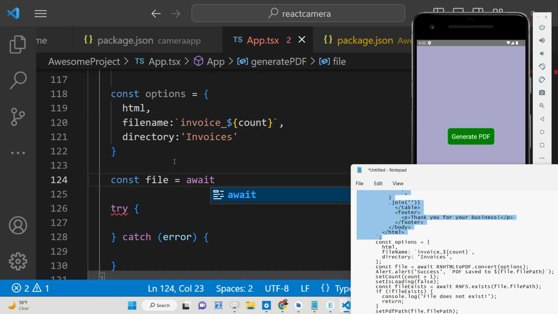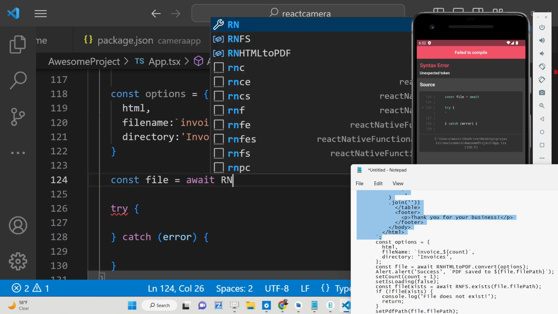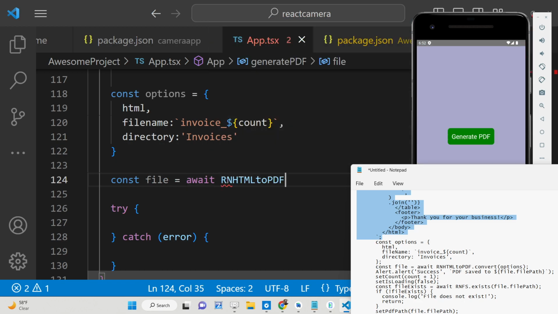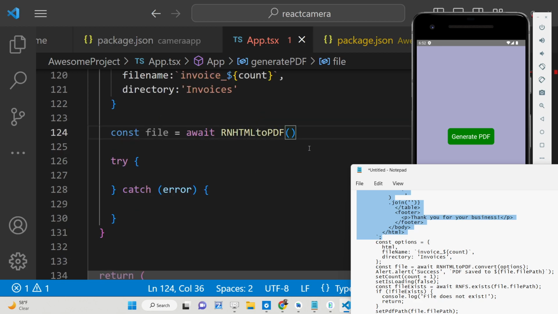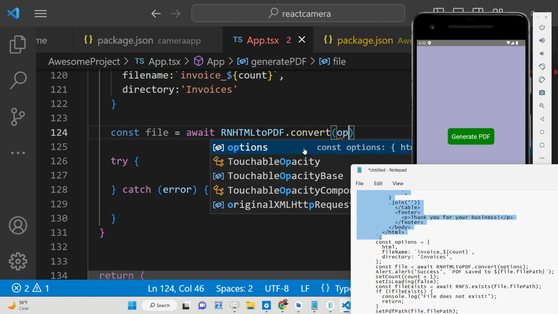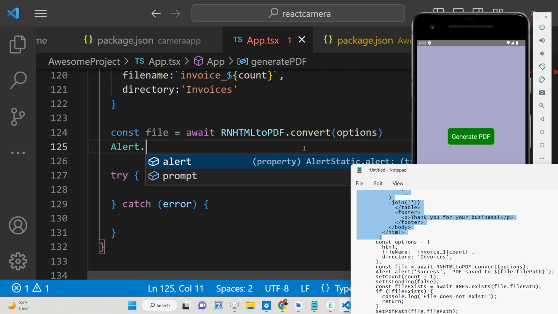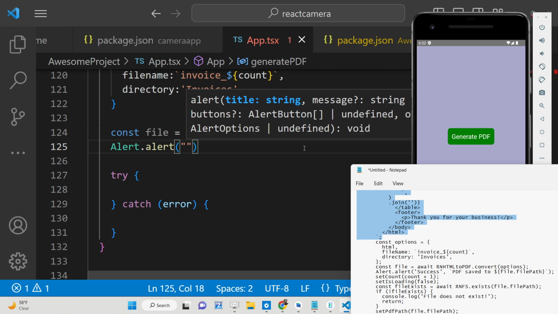As this is an async function, we can use await. And here this contains a method, this is RN HTML to PDF. This is basically the library that we will call. It contains a method which is convert. Here we will pass the options like this. That's all. So after this, you will simply alert to the user that